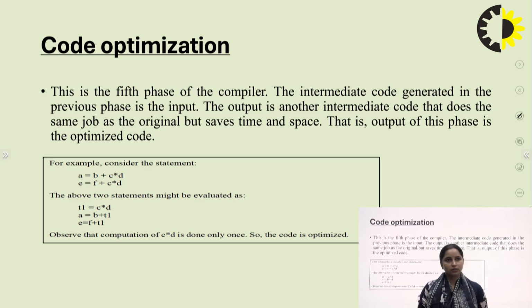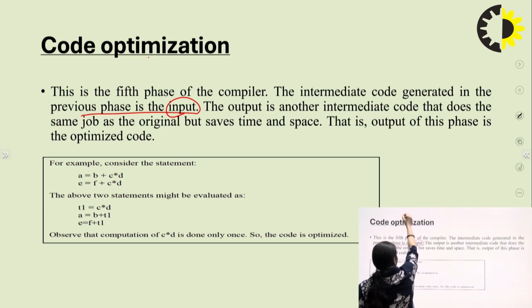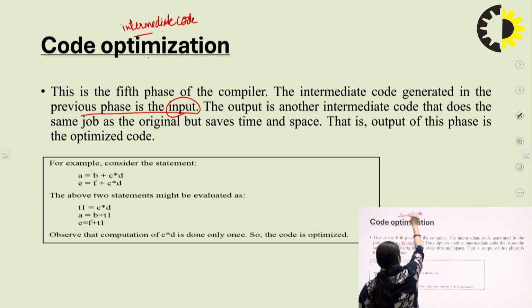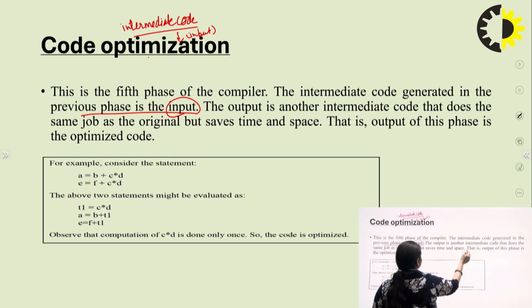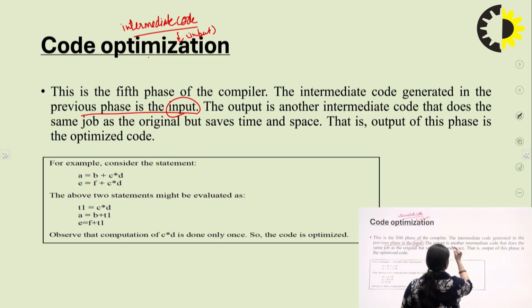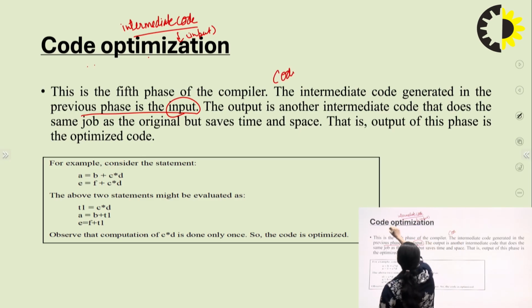Let's move on to the next phase, that is the code optimization phase. Yes, this is the fifth phase of the compiler. The intermediate code that has been generated, like the intermediate code we generated in the previous example, is the input for code optimization.